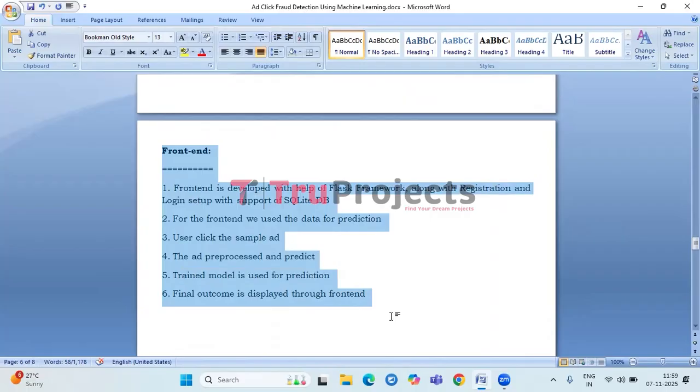Once logged in, the user can click on a sample advertisement. When an ad is clicked, the system automatically captures the pre-processed input data related to the click and then uses a trained model to predict whether the click is fraudulent or genuine. Each ad click generates different input values, so the prediction may vary each time. Finally, the prediction result is displayed instantly on the front-end dashboard, providing a real-time demonstration of the model's performance and